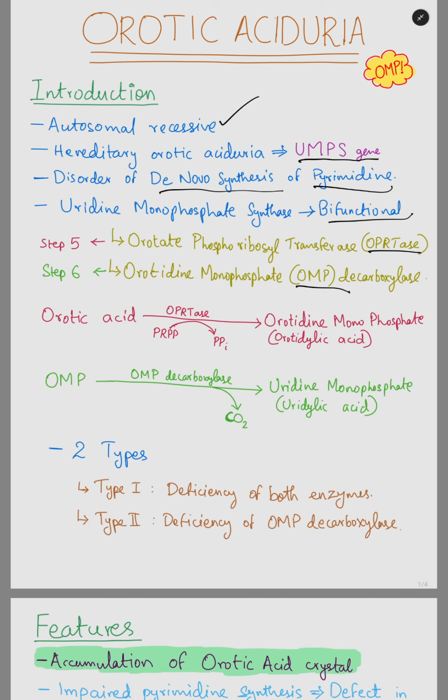The OPRTase is the enzyme of the fifth step and OMP decarboxylase is the enzyme of the sixth step of de novo synthesis of pyrimidine. So this is the fifth step. Orotic acid in the presence of OPRTase becomes orotidine monophosphate or orotidylic acid, OMP. The enzyme is OPRTase, and in this reaction PRPP, that is phosphoribosyl pyrophosphate,